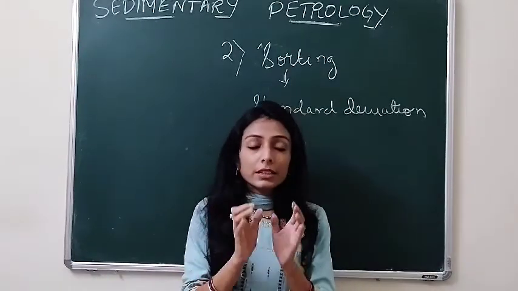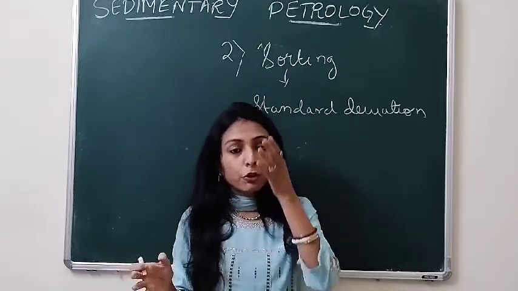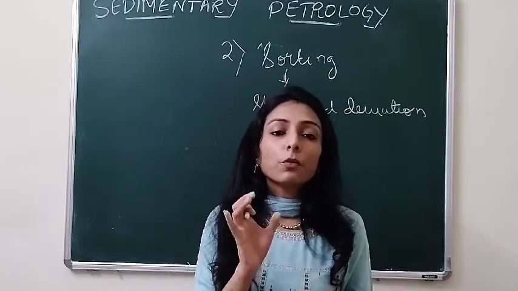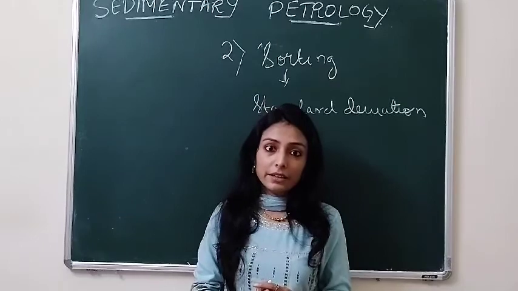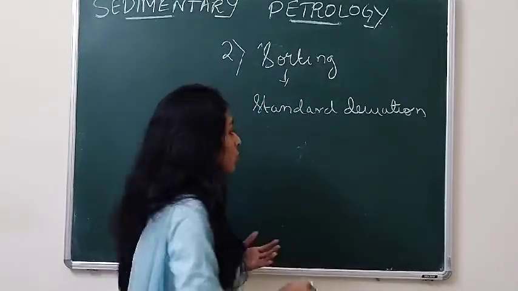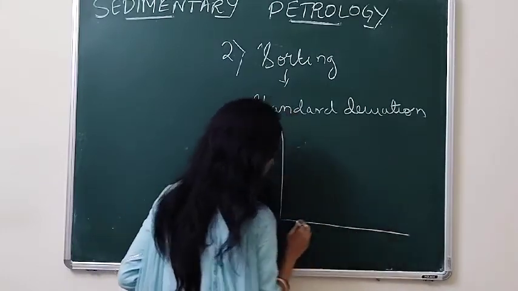So as the name suggests, standard deviation, or we have already studied standard deviation in our school times, it is the deviation of the point from the mean size. Okay, so how much the point is deviated from the mean size is actually the standard deviation. Now, how does it represent sorting? So obviously, if we have a graph like this,